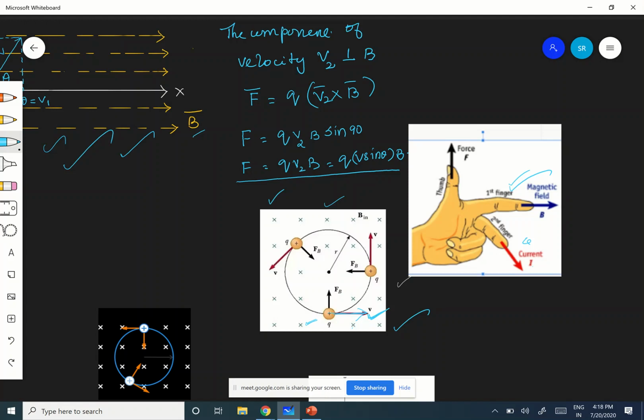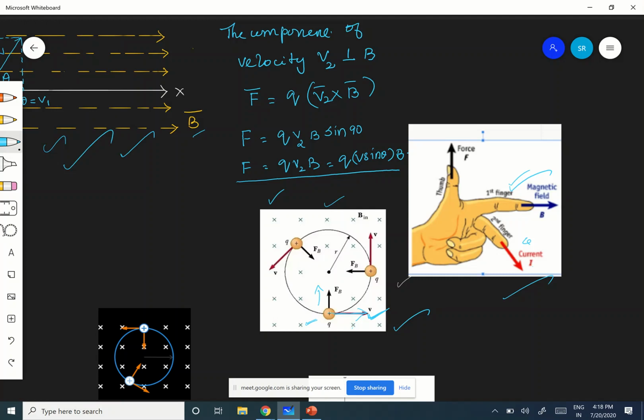The particle is here. It is moving like this. Therefore, what will be the direction of the force experienced? Use Fleming's left hand rule. Even in 10th standard, you know how to use it. Your first finger, perpendicular to the plane of the board and inward, keep it. And your second finger is along the x direction, you keep it like that, left hand. Therefore the direction of your force will be like this, correct?